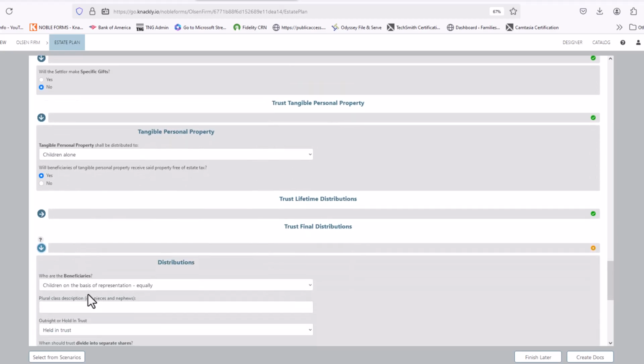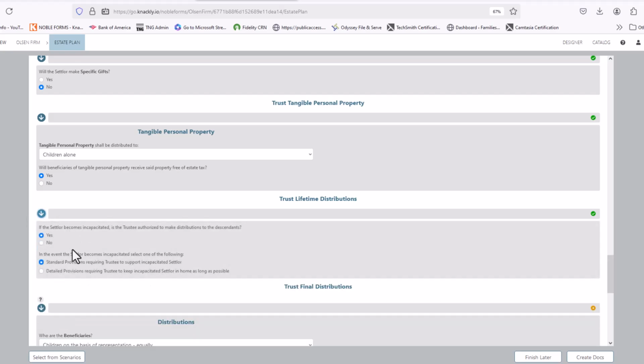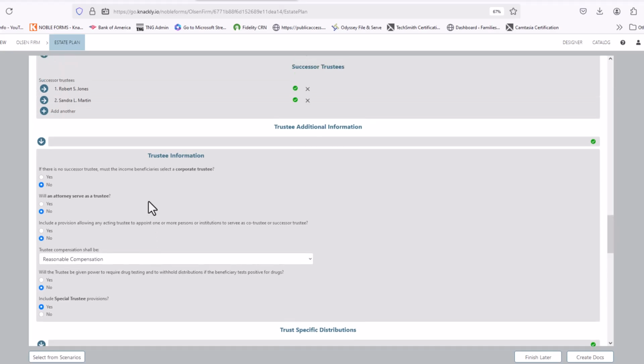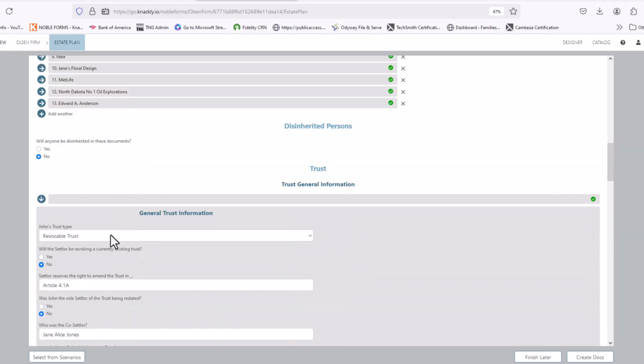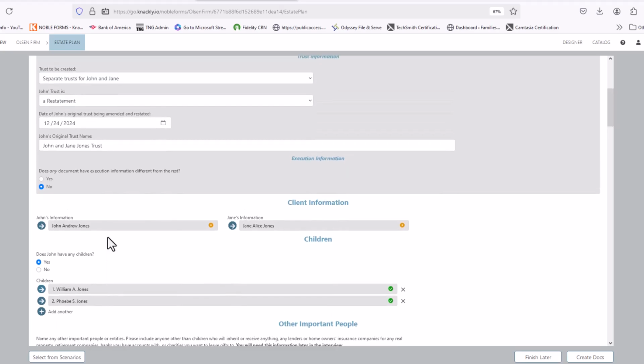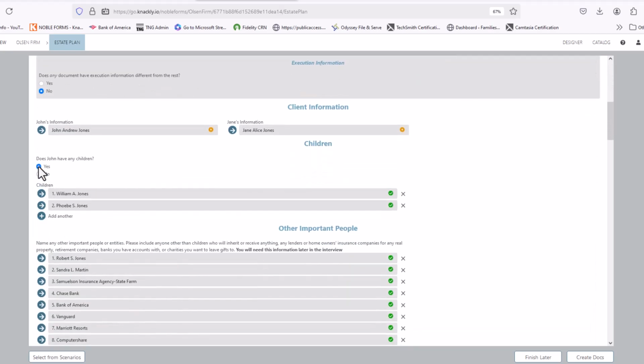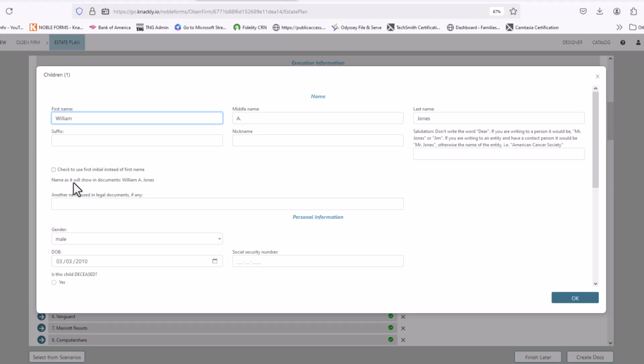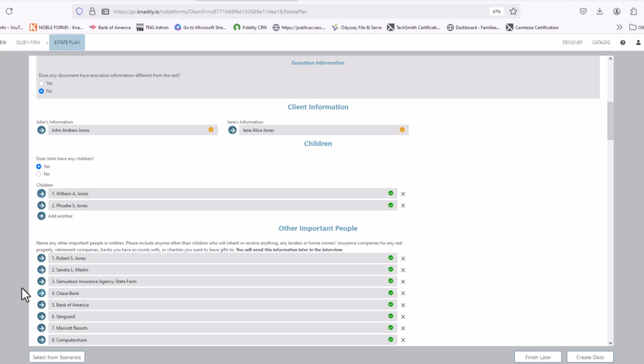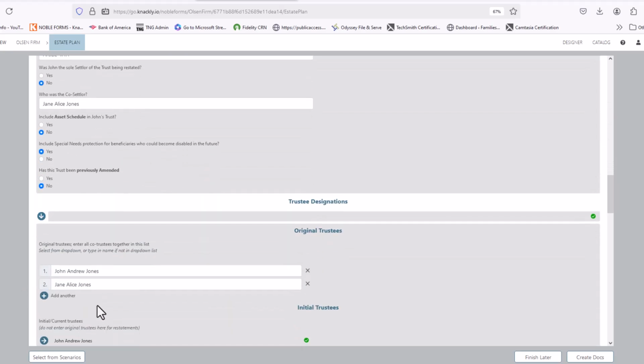Lifetime distributions, who are the beneficiaries? Lifetime distributions, well, maybe, I don't know, but typically, I think these kids are young. I think we have them down here as in this hypothetical, I believe they were young children. Let's see, where's the children information? Oh yeah, sure, they're young, 14 years old. Yeah, so yes, during a lifetime, down here on,